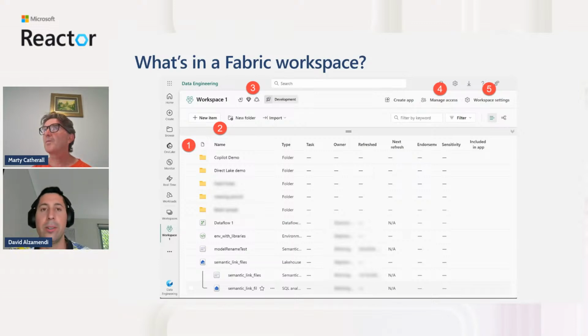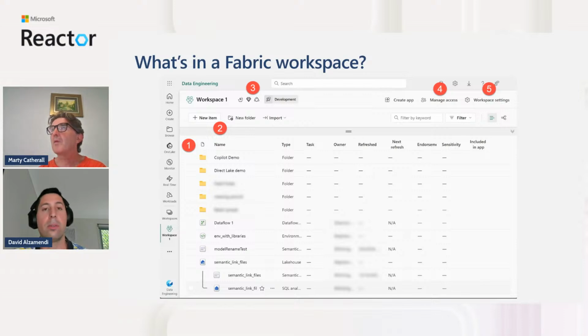Number 2 in the screenshot is going to allow you to create the Microsoft Fabric items. So if you want to create a warehouse, a lakehouse, dataflows, or you want to go through the wizard of mirroring that Martin mentioned before, you can do all that through number 2. In number 3, you can see the small icons. You can see the diamond. That basically highlights the license within your workspace. In this case, that's a workspace that is using a Fabric capacity. So if you didn't have a premium capacity, a Fabric capacity assigned to that workspace, that diamond that you see in number 3 will disappear.